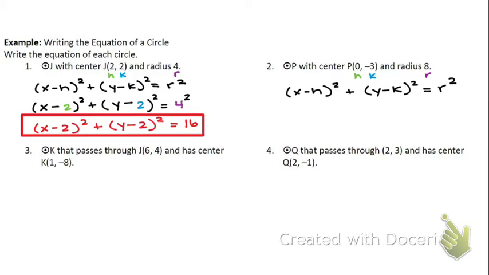Notice how I'm writing the formula every time. You, of course, don't have to do that, but I always like to, just in case I make any errors. It actually really helps in preventing that. So I have x minus, my h value is 0, squared. Now you might be thinking, why are you even writing minus 0? I know that x plus 0 or x minus 0 is always going to be x. That's great. You should know that. However, since we're just substituting into our formula, let's take it one step at a time, especially since these are our notes. y minus, my k value is -3